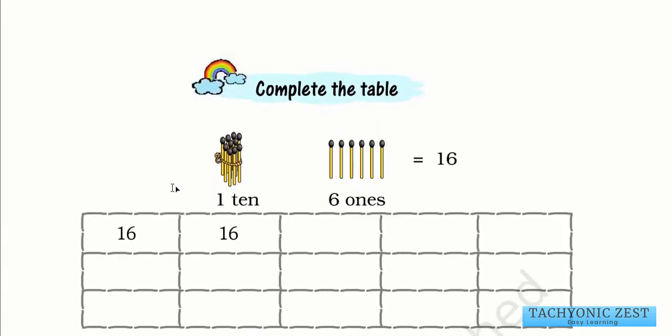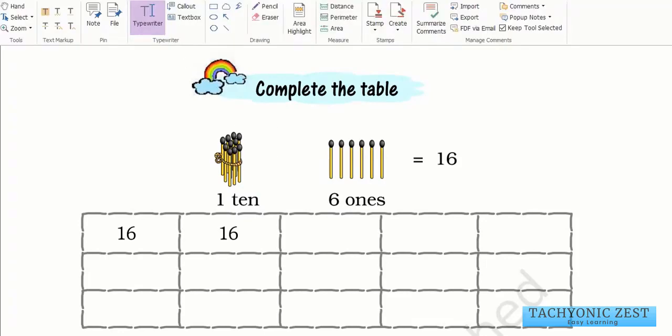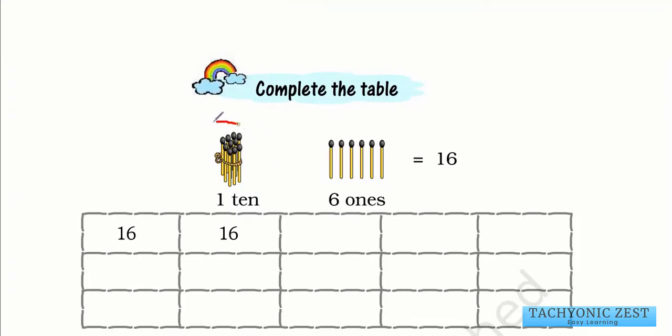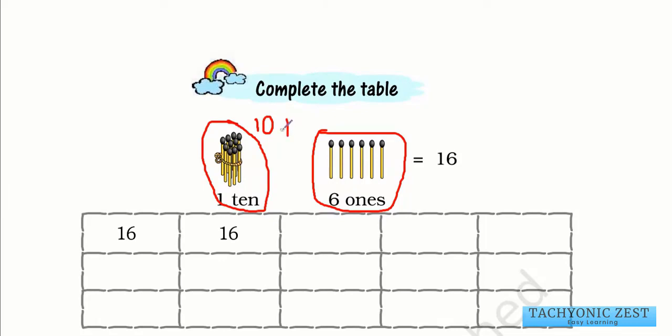110 6 ones. So 110, again we know that it is equal to 10. So 110 here and 6 ones is equal to how much? That is what we need to find. 110 means a group of 10. So it is equal to 10 plus, we already have a group of 10 matchsticks. Now we have to add 6 more matchsticks to it. So 10 plus 6 is equal to how much?